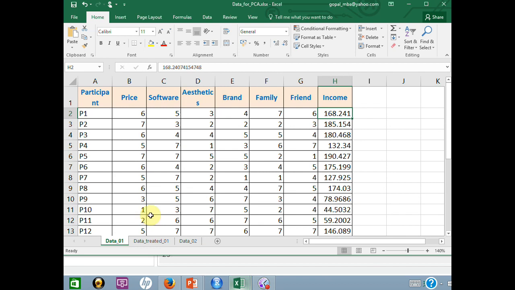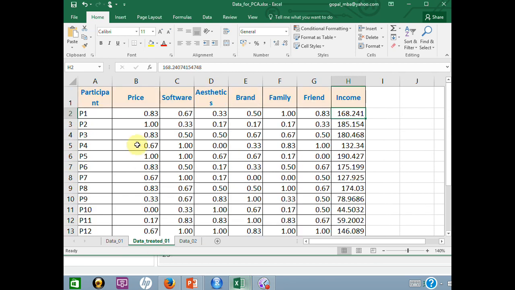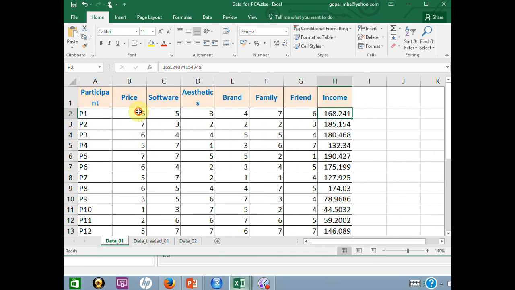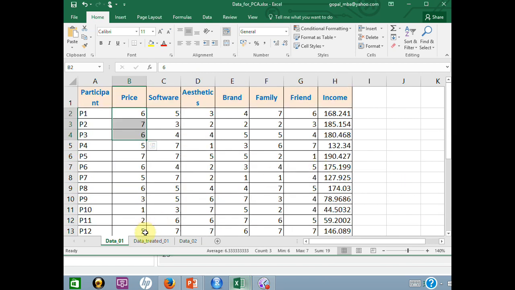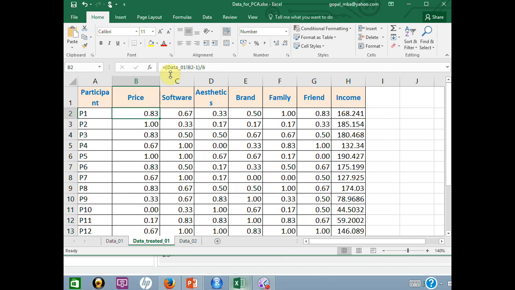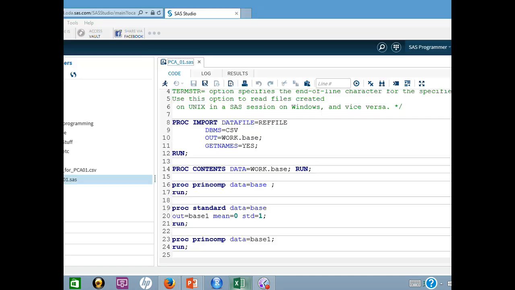So you have this data. The first thing I have done is a little bit of treatment. If you look, everywhere the maximum rank is 7, where 7 is strongly agree. So again using the formula I talked about, (rank minus 1) divided by (max rank minus 1), because max rank minus 1 is 6 everywhere, I have divided everywhere by 6 and created that 0 to 1 variant that I showed you, of how to convert an ordinal variable into a 0 to 1 scale. And I have taken this variable just like that. Now I have saved this data as CSV, and I'm going to use that in SAS.